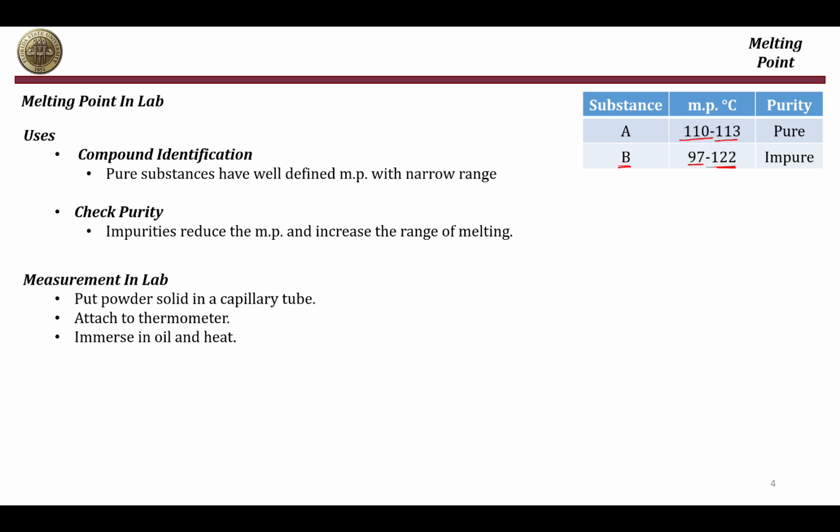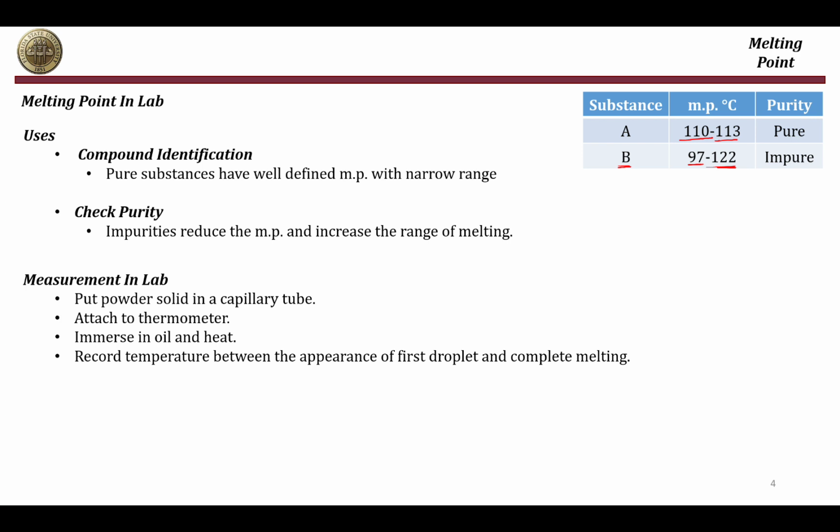Upon heating, once the solid starts to change into the liquid state, a few droplets will appear inside the capillary tube. This indicates that melting started to take place and the temperature is recorded, and then we keep recording the temperature until all the solid melts,